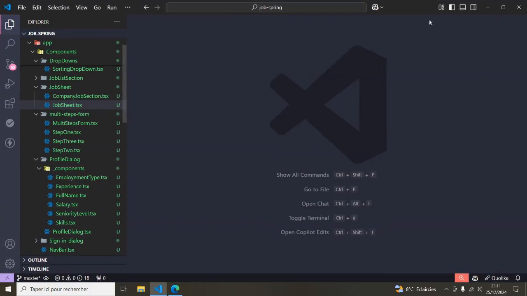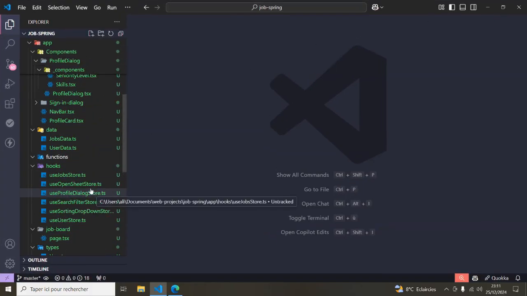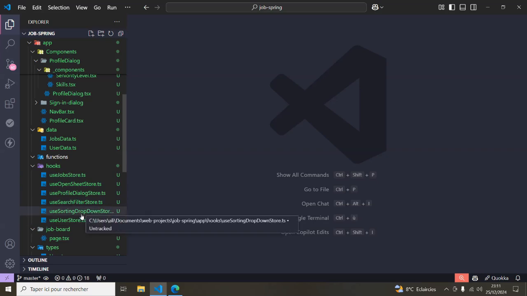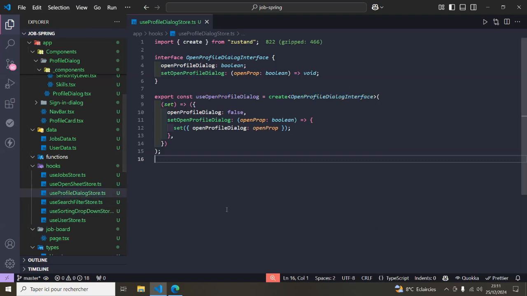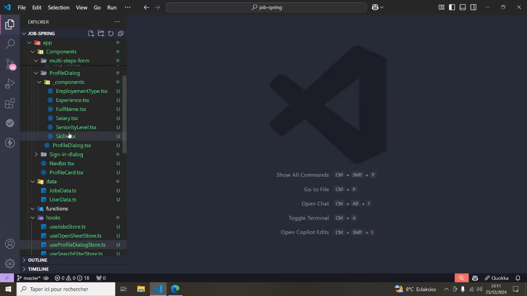So let's make this bigger. One thing that I'm going to start with is the use profile dialog store. We are going to create our opening state, the same thing that we did for the open sheet store. After that, if we go to